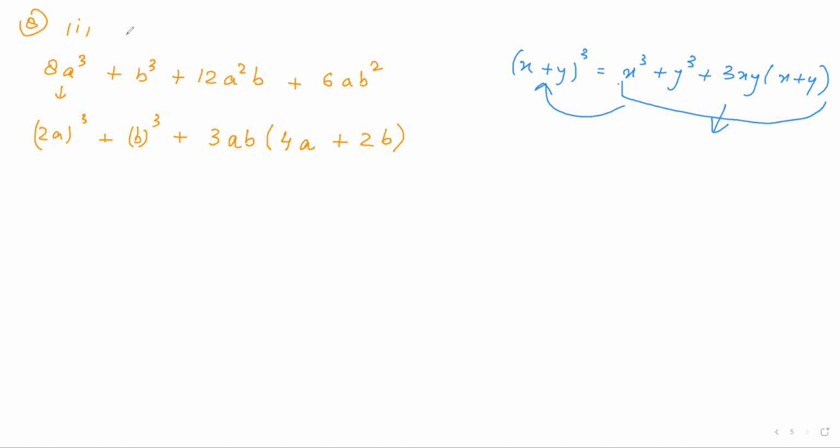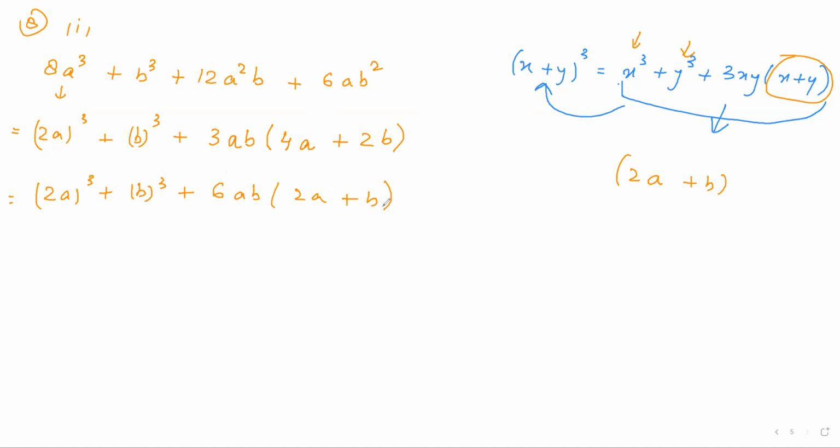Why? See, look here. This is x cube, this is y cube. So I should have x plus y inside the bracket. The same numbers, right? So if I'm writing 2a cube plus b cube, that means inside the bracket I should have 2a plus b. Is this clear? Yes, ma'am. Okay, that means one more 2 I want to take outside. So you can take it in the next step also, no problem. So 2a whole cube plus b cube plus, so I can again take 2 common. So 3 into 2 becomes 6ab, and then this becomes 2a plus b. Fine,